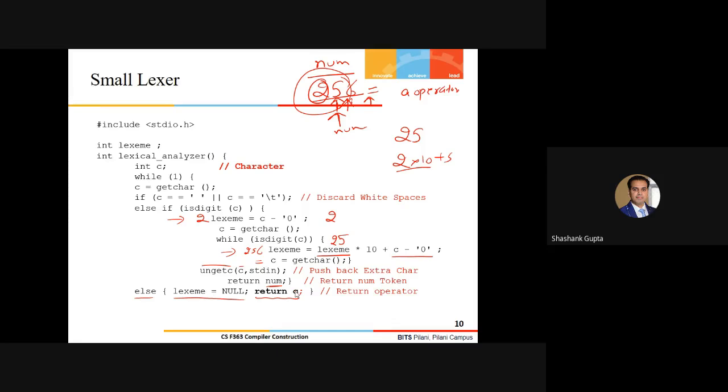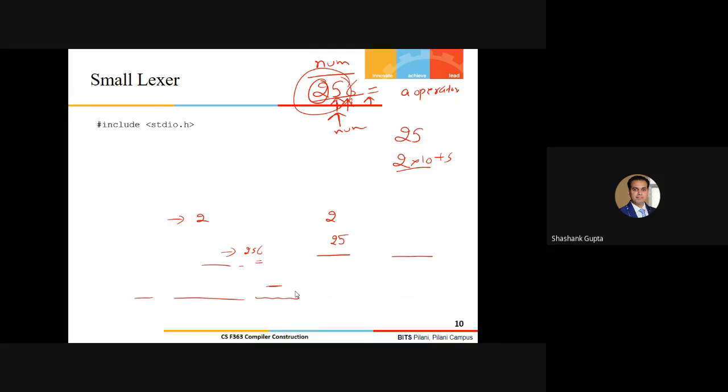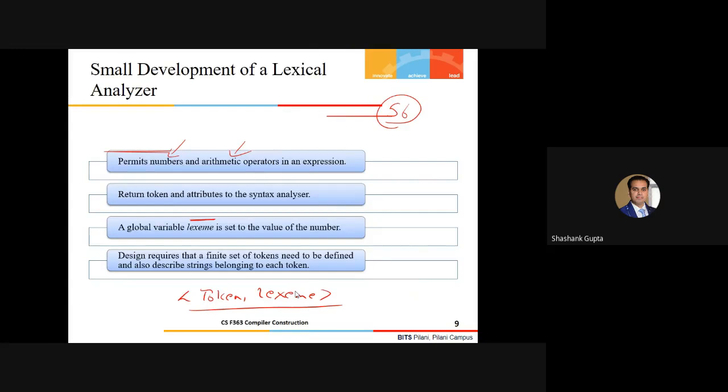Any comment, anything which you want to make, please ask. Sir, here are we only looking for numeric things and no keywords? If you recall, the language specification is in front of you. We are only supposed to deal with numbers and the operators here, nothing else, a small lexer. Fine. Okay, sir.